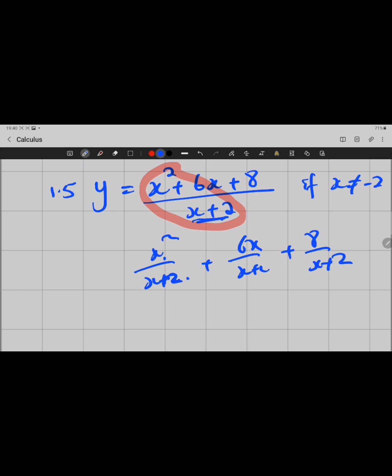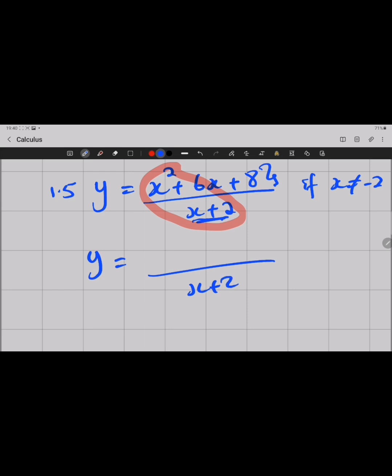So in this case, if you've got 2 terms in the denominator, it's just hinting us that we must factorize the numerator, and you'll see why. So let's factorize the numerator. It's gonna be factorized as x plus 2 and x plus 4. Watch this magic now. You see now that these 2 will cancel out. That's why we have to factorize. Then we'll be left with